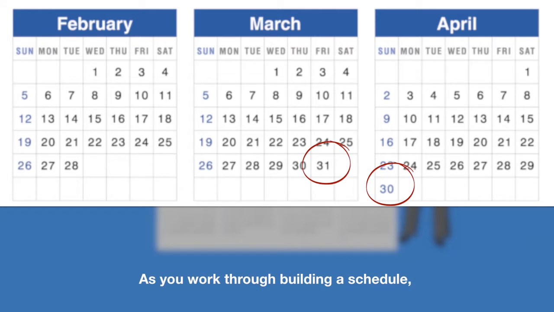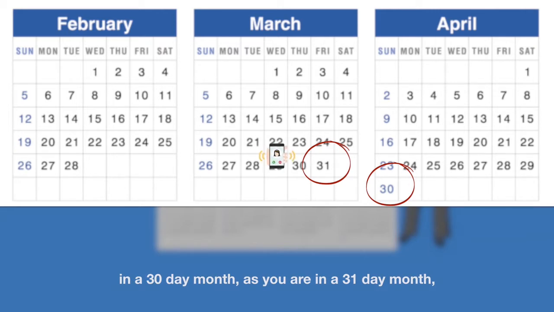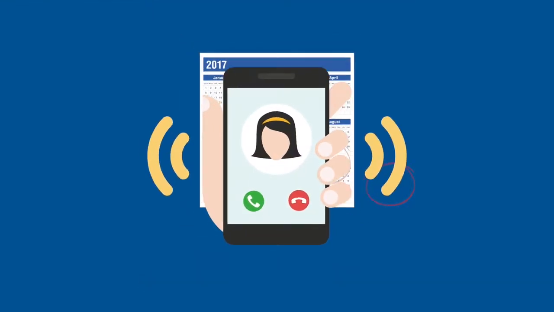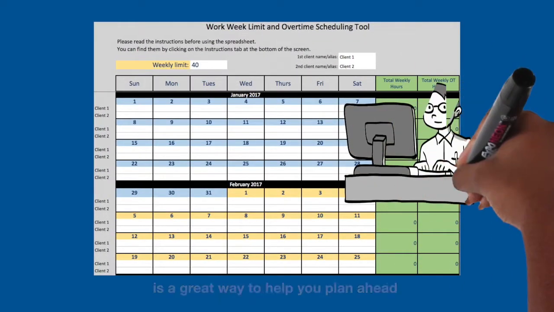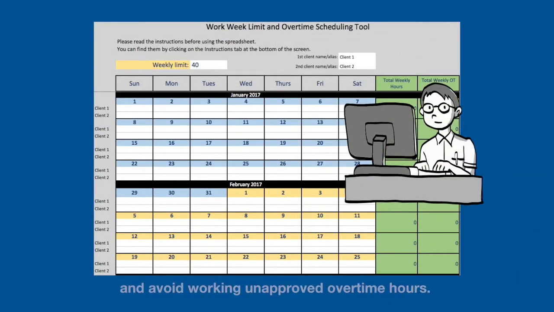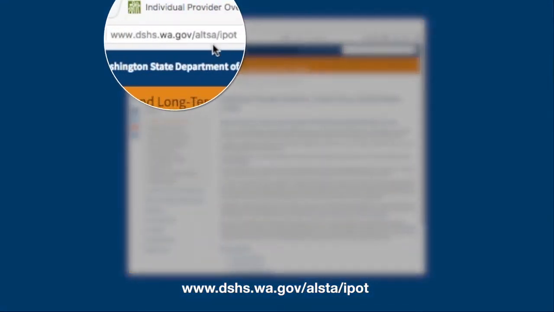As you work through building a schedule, if you find you are unable to work the same number of hours in a 30-day month as you are in a 31-day month, please contact the client's case manager. A calendar calculator tool developed by DSHS is a great way to help you plan ahead and avoid working unapproved overtime hours. To download the calendar calculator, visit